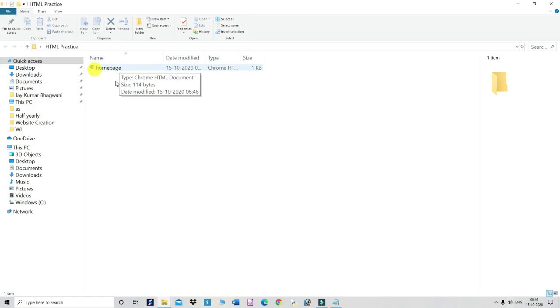Okay. And you know that web browsers help you to open the websites. Means all the web pages are displayed in the web browser software. And there are so many examples available, like Mozilla Firefox, Apple Safari, Internet Explorer, Microsoft Edge, then Google Chrome. Okay, so let me double click on this file,